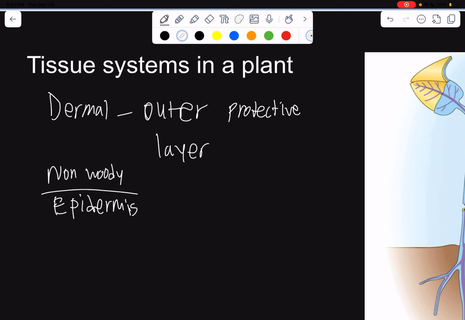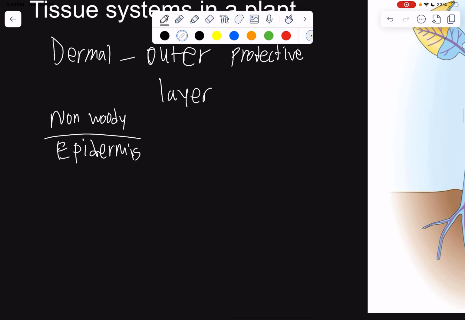And the epidermis in particular is a layer of tightly packed cells, much like, again, our own human skin. In leaves and most stems, the cuticle helps prevent water loss. So in leaves,